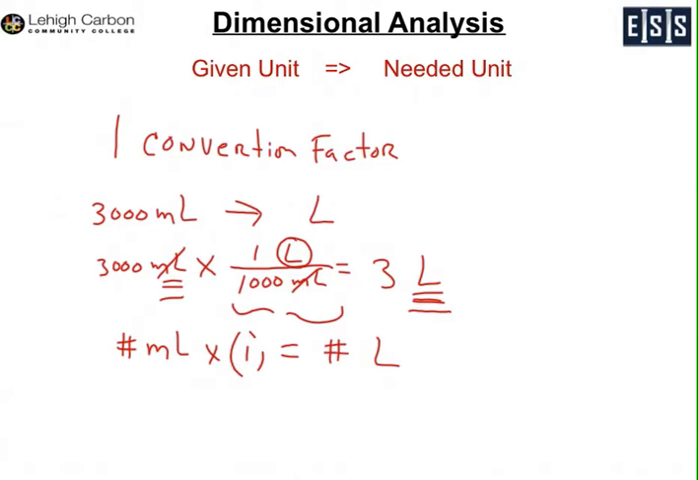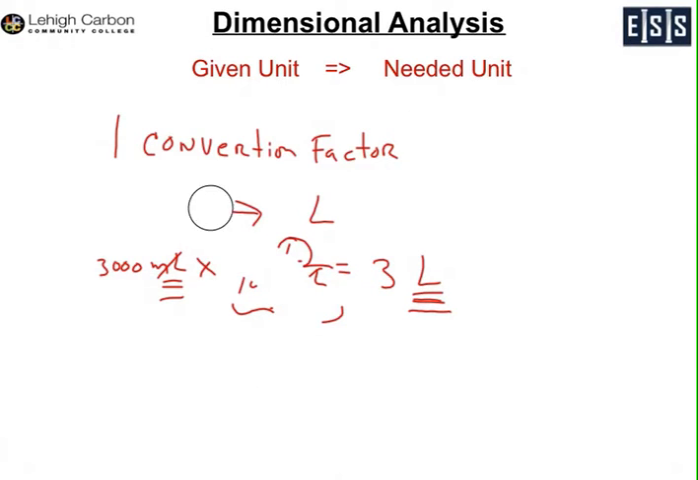Some of your textbooks will call this factor of 1 liter is 1,000 milliliters an equivalence. Essentially they're equal. It's really just a multiplication by 1, which doesn't change your final quantity. You're just changing the units. Okay, now if we erase this and move to 2